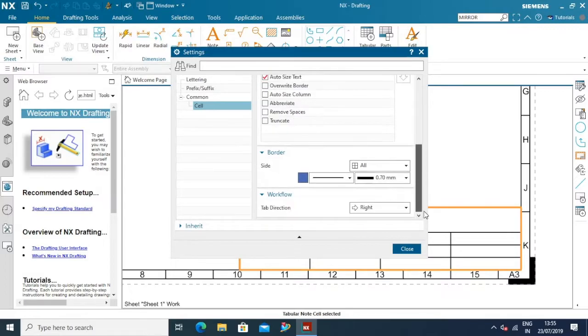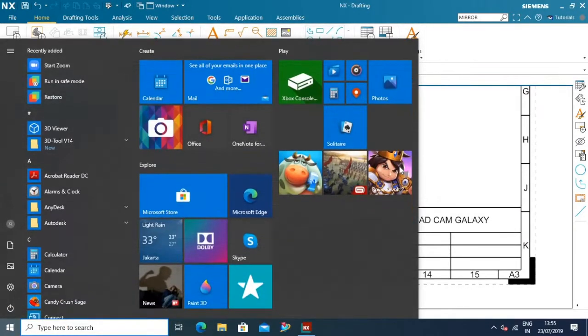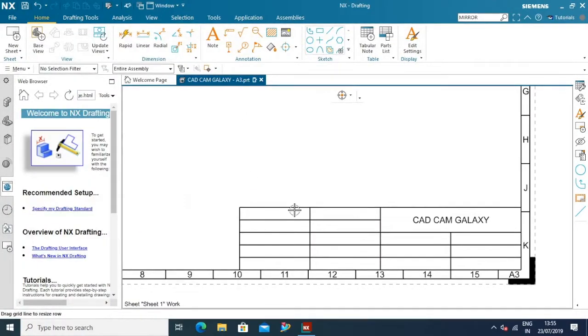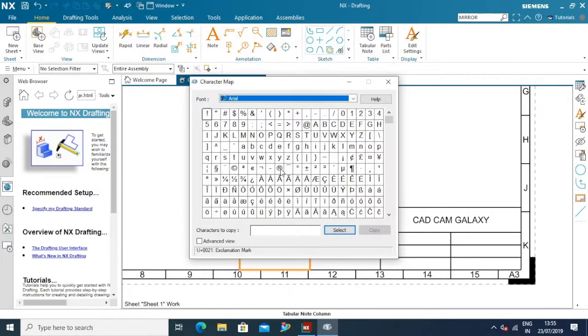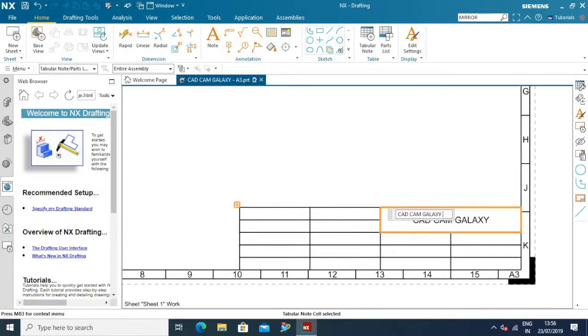If you want to do some initial setup related to your company, you can do that. Here I'm typing the name of the company. Let's say this is a title block and it will contain the name of my company. Sometimes the company name also contains special characters like a registered trademark or TM. So you can search for the app called Character Map inside your Windows. It is installed by default. Then you can select the icon you want, copy it, and simply paste it here. This way you can also get special characters inside your title block if needed.